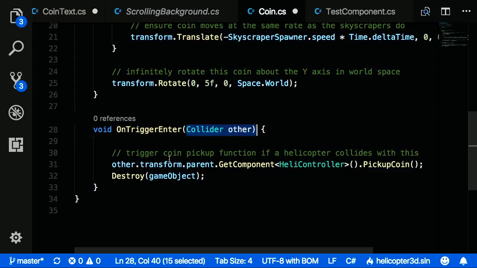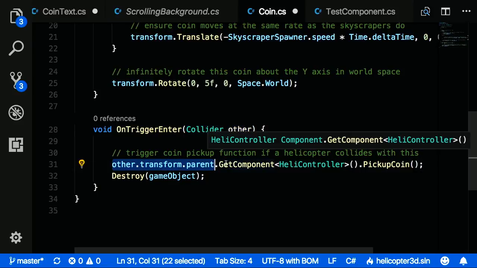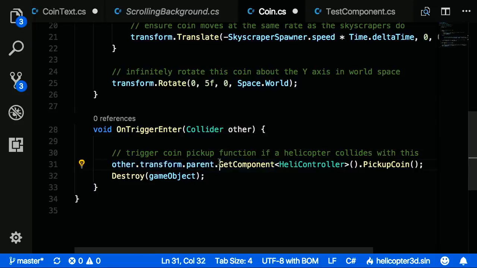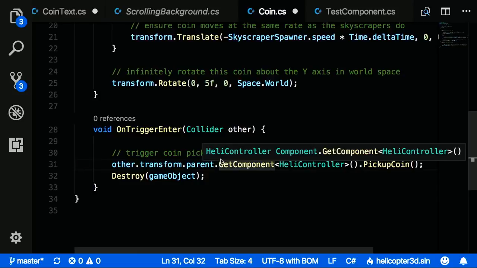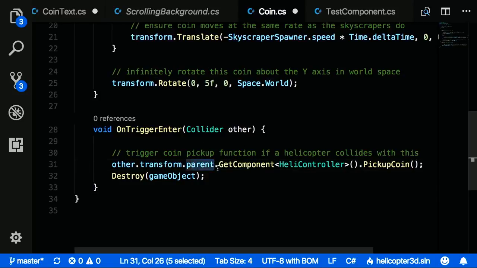OnTriggerEnter, this is going to be a helicopter. We can just say other.transform.parent, because our helicopter has children which have the actual colliders, and our parent has the helicopter controller component. We're going to get component at the heli controller. So we're going to go through the object that collided with us. We're going to get its transform parent. We're going to do get component, which is a function that will just look through all of its list of components. We specify which component we want using this identifier here, so of class heli controller, and